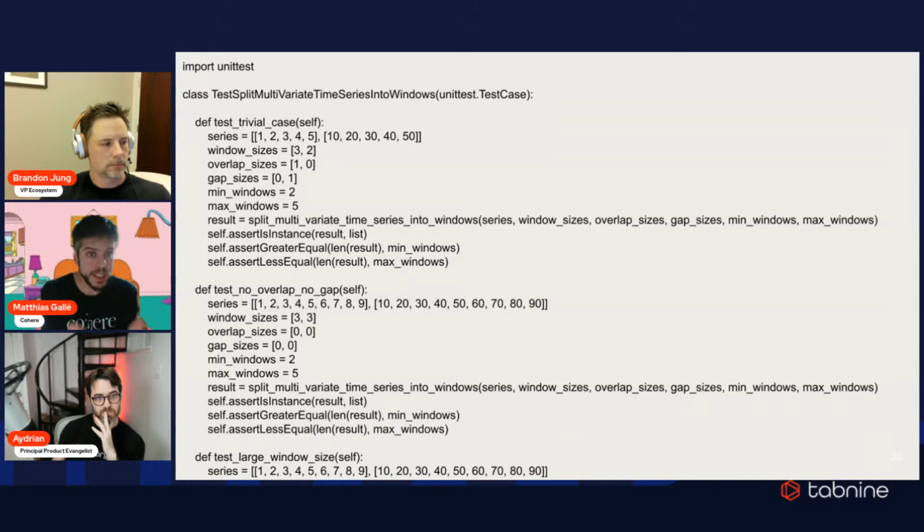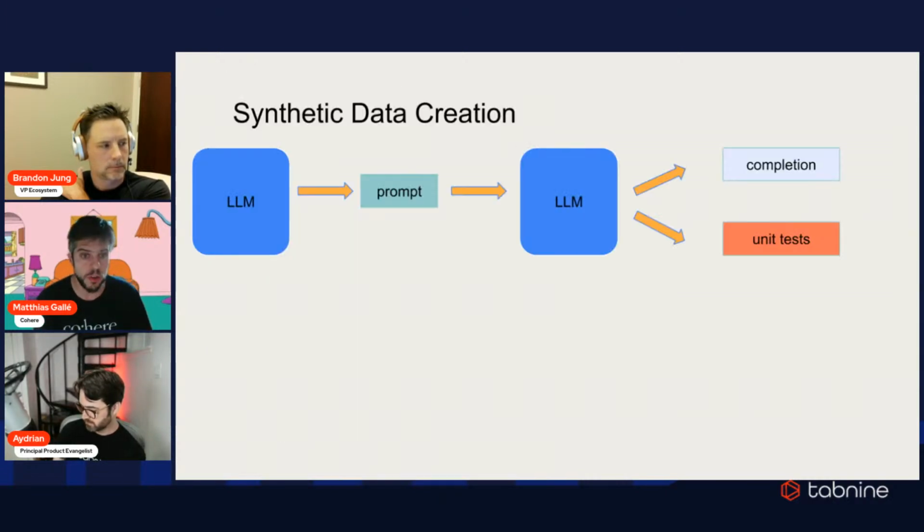Now, this example that you just saw is an example which has been synthetically generated with a previous generation of our model. So most of our data these days for instruction fine-tuning comes from a pipeline that we created internally, which creates synthetic data. And the way it works is the following. We take a previous version of our LLM, or the best current one that we have. We ask it to generate a long list of prompts, and we're talking about hundreds of thousands of those prompts, millions even. We take those prompts, and then we give them to the same LLM, and we ask, okay, give me some type of completions for this one here.